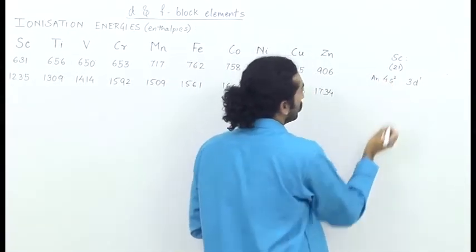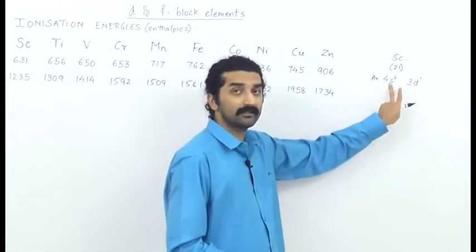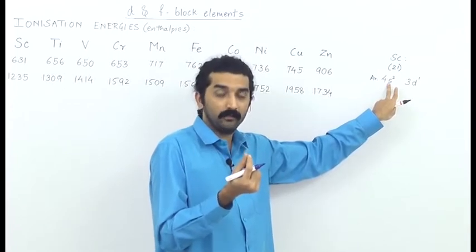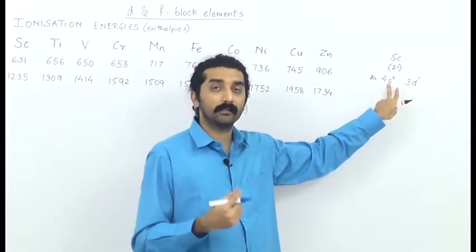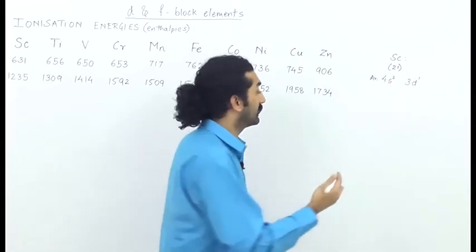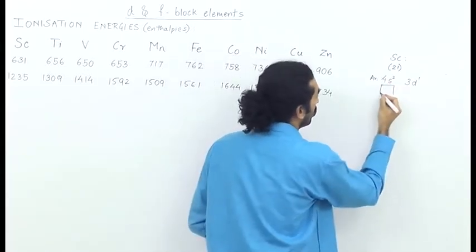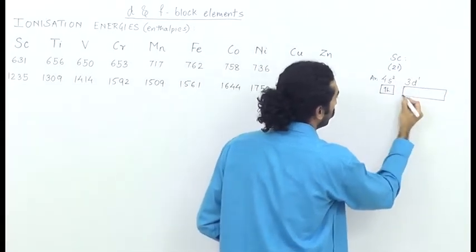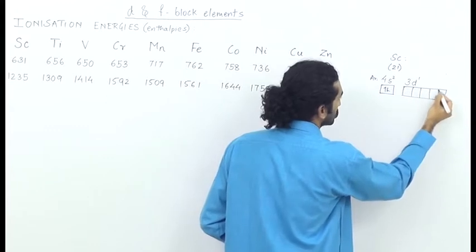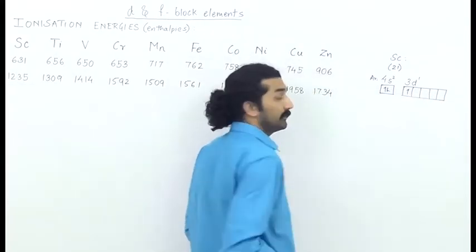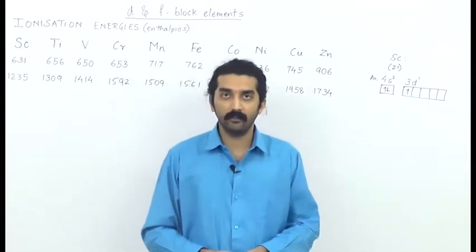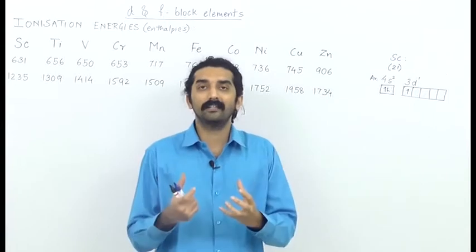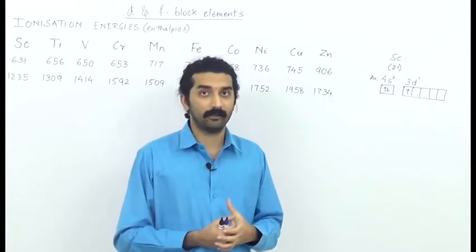And after that there is 4s2, the 4s orbital has 2 electrons. When the first electron is filled, it's the potassium element that we get. When we fill the second electron, we get the calcium element. And after that we go into the 3d orbital, which has 5 suborbitals as we know, and when the first electron is filled, it becomes the scandium element. So this is how the electronic configuration of scandium looks.